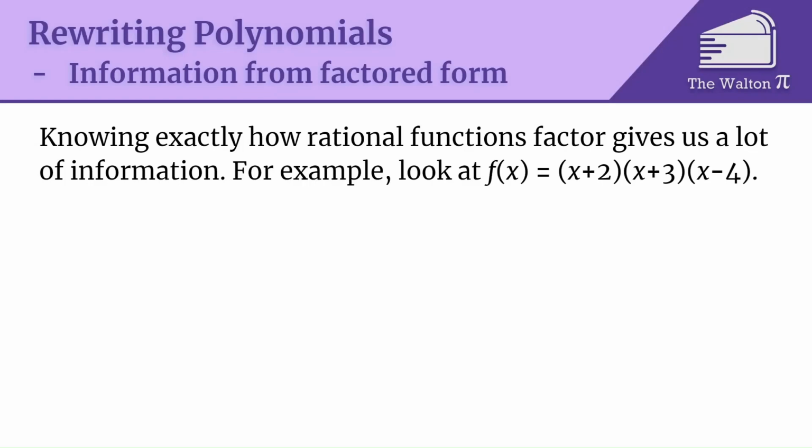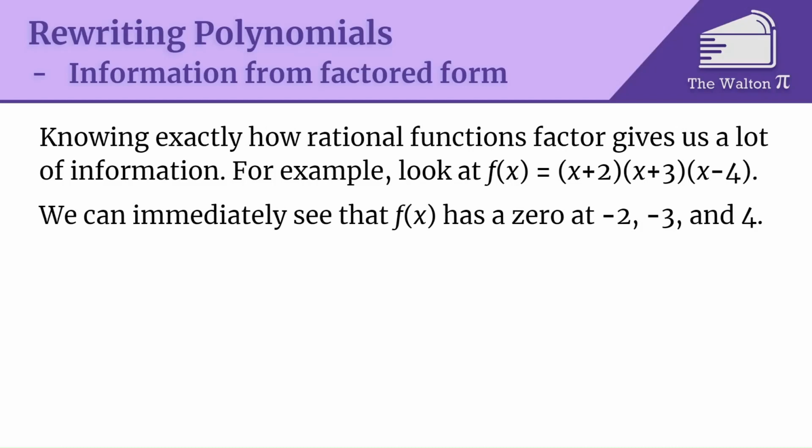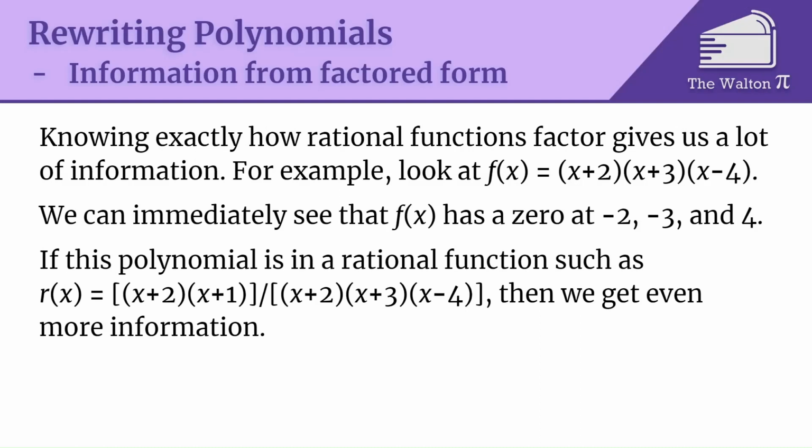For example, if we look at f of x is x plus 2 times x plus 3 times x minus 4, we immediately see that f of x has a 0 at -2, -3, and +4, but that's not immediately clear from just the standard form. Now, if this polynomial shows up in a rational function, such as x plus 2 times x plus 1 all over this polynomial f of x, x plus 2 times x plus 3 times x minus 4,